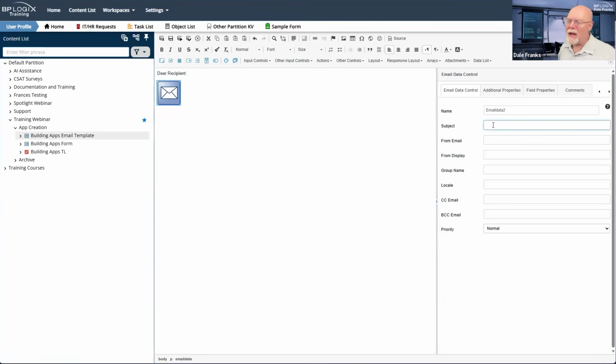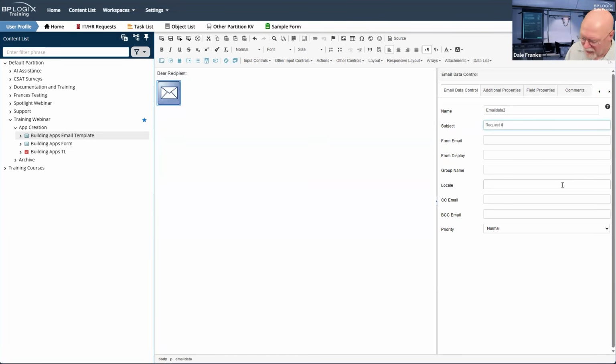Because the email data control has a subject. And you might want to customize that subject for each of your different emails. If you do, that's fine, but it will mean that you'll need multiple email controls. But technically, I could just make a generic email control that just has as the subject, request. And we'll go request.